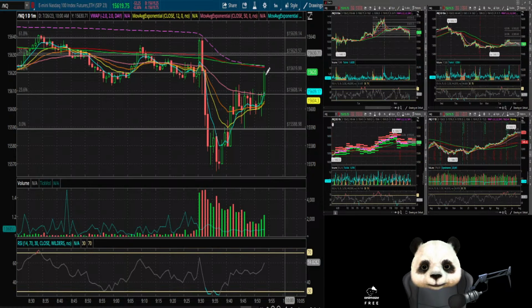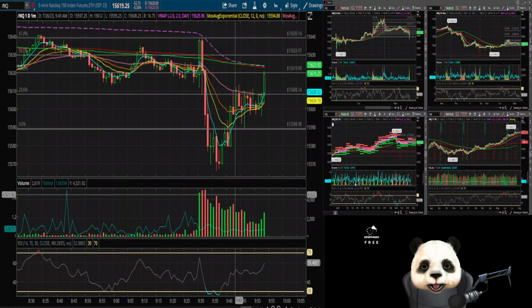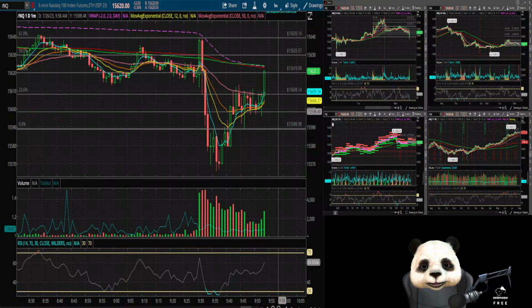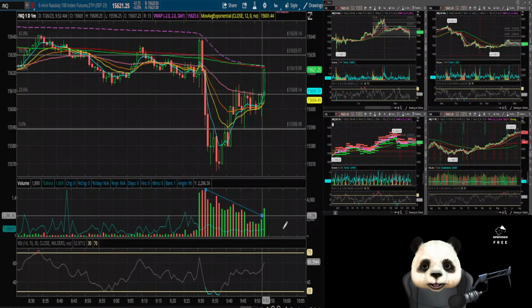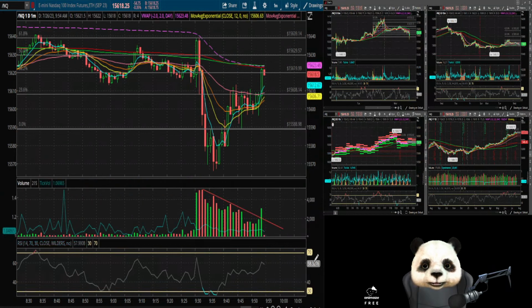So we could very well just have a tap on the 200 SMA and VWAP. They're kind of just coasting right on top of each other right now. But nothing showing me a good sign for a trade yet. I mean, we did have a little volume breakout here on NASDAQ, so that could be an indicator at times,